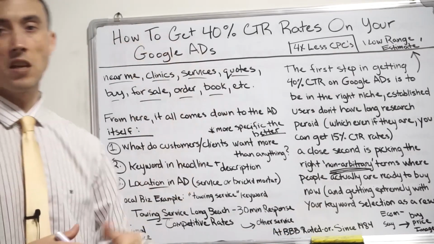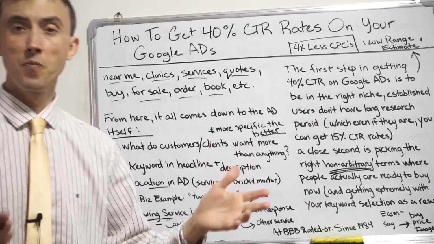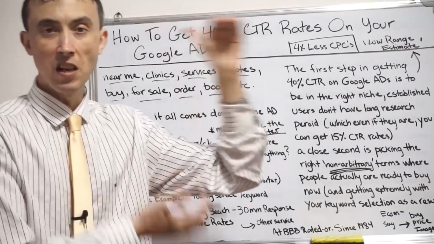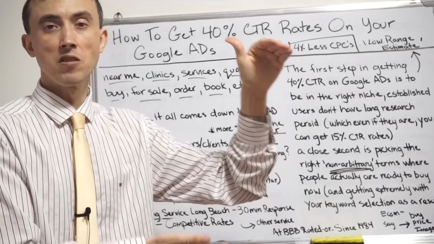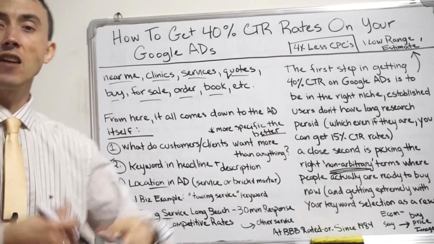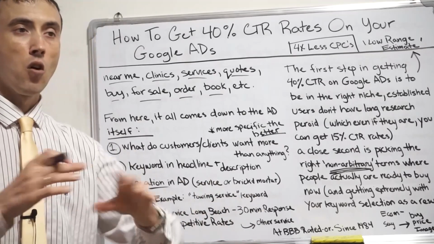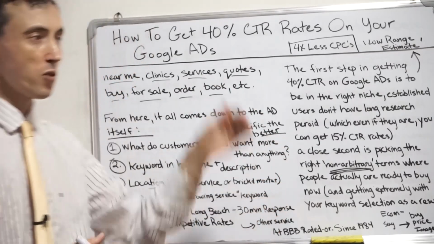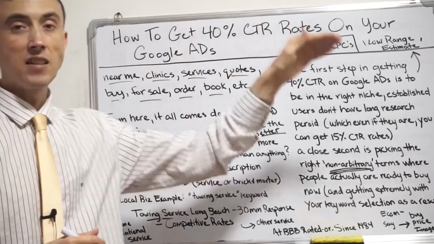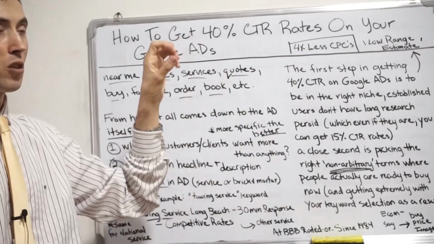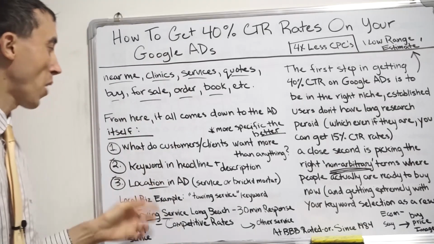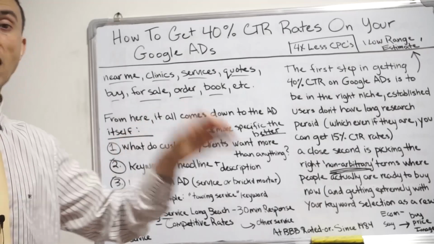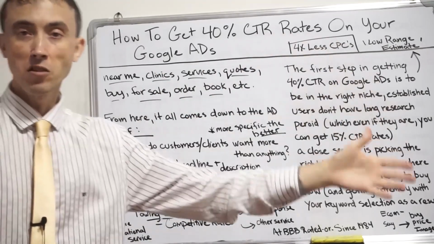Because mostly, for a foundation repair company, maybe the other people you're competing with have the city or the state that the user is in, in the ad already. But for national services in specific, all the other ads won't have any kind of city or state name in the ad. So if you're searching for product design companies as a keyword, and you say product design companies in Chicago in your ad, and that person's in Chicago, they're selecting your ad